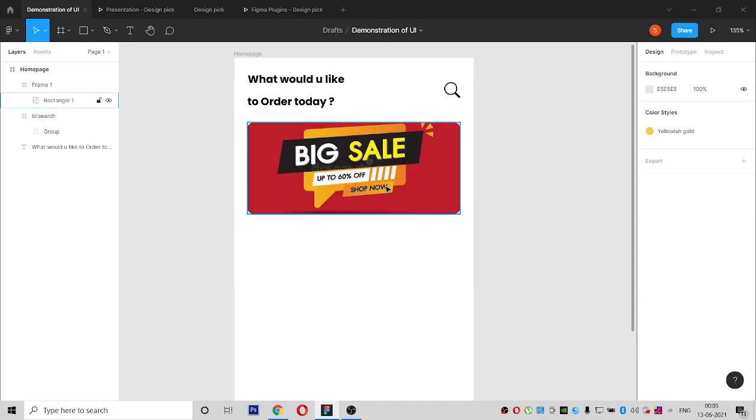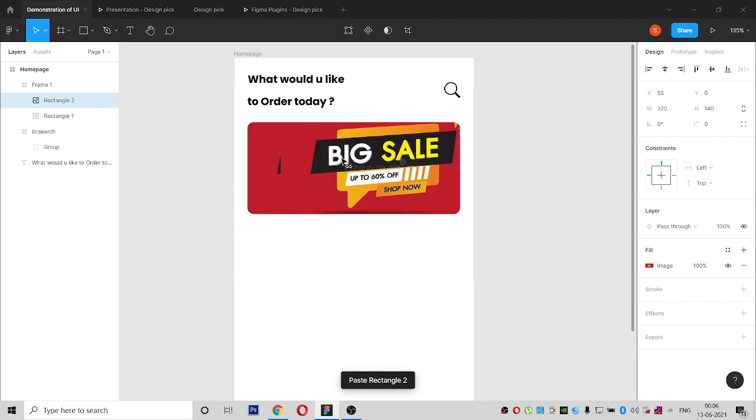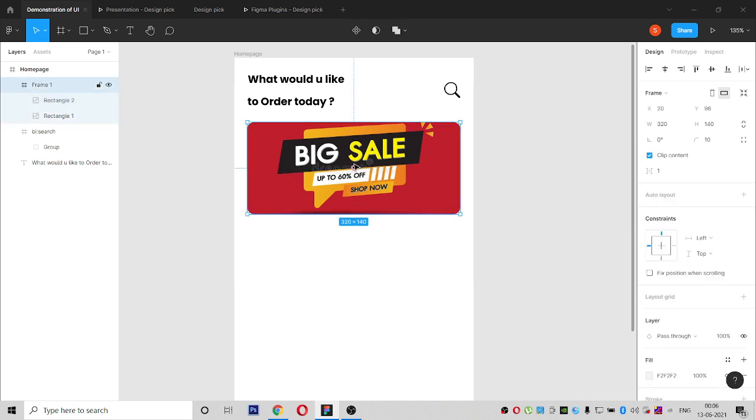Some products have graphic designers, and they used to make banners in professional companies. So I'm just randomly picking, and I'm duplicating with Control C and Control V, pasting it, moving the same to the end of this banner image. And what I'm doing is, already selected rectangle 2, and we are going to select rectangle 1.